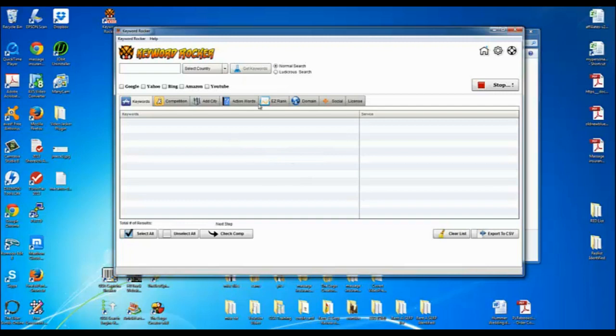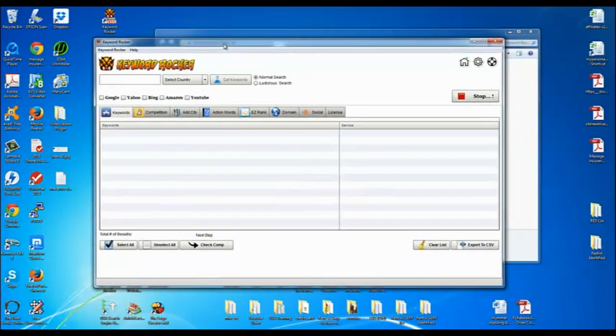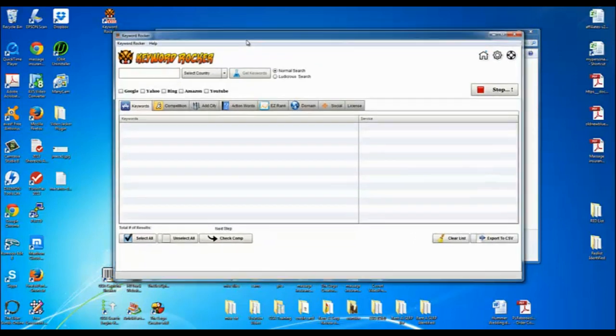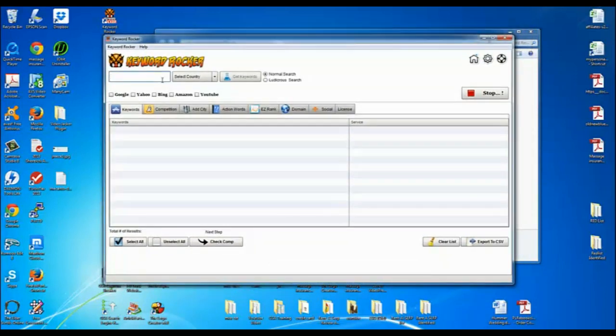So the only thing I did in advance is I decided that I knew that I was going to need to choose a keyword, since this is a keyword research program. So I went with wedding photography, because I think based on wedding photography you can actually find quite a few targeted buyer keywords, which is always good.